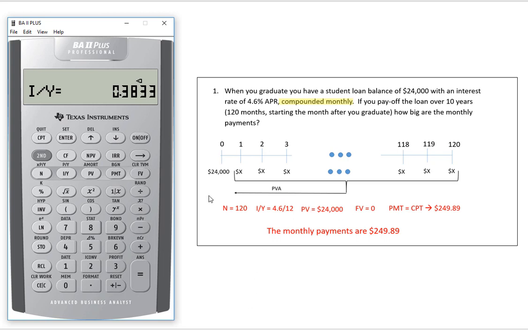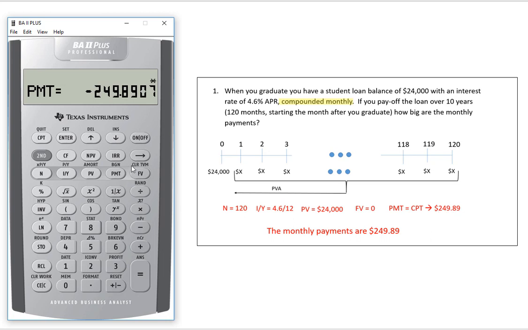We know the present value of these cash flows is 24,000. So I'm going to take 24,000 and put that in for present value. Payment is what we're looking for, so we don't have to put anything in there yet. And then the future value, we don't have any lump sums out here. This cash flow consists only of an annuity, so we're going to put 0 in for future value. Okay, so we want to solve for, and that's what I use over here as compute, the payment. So we're going to go compute payment, and we see that the payments would be